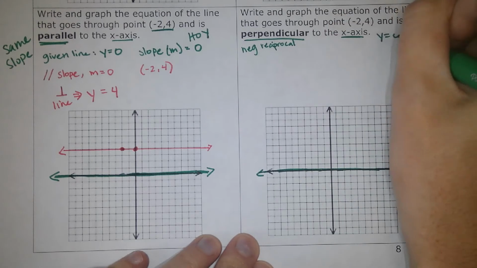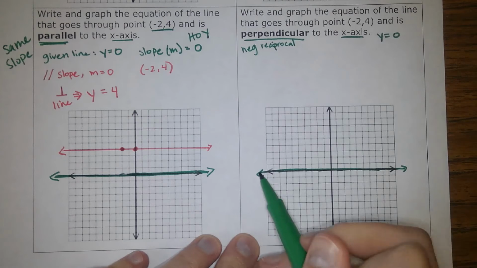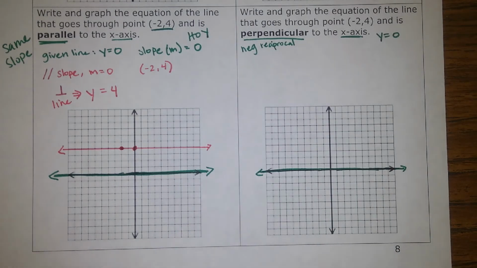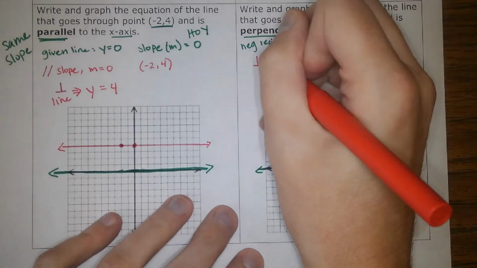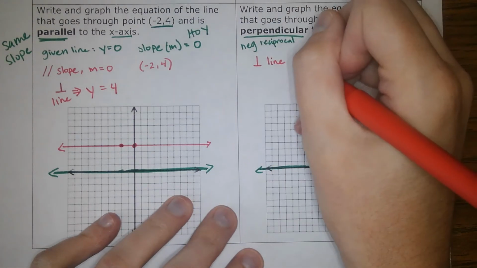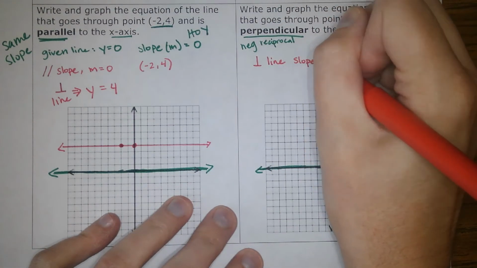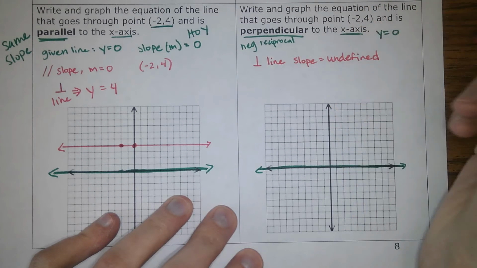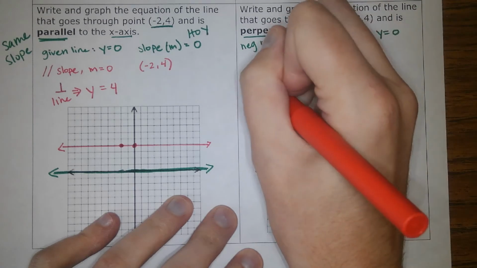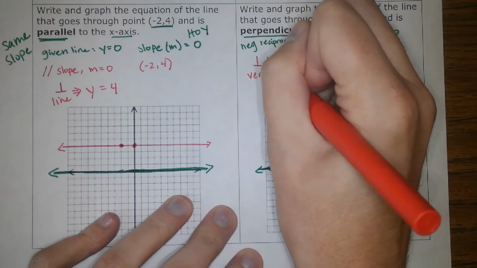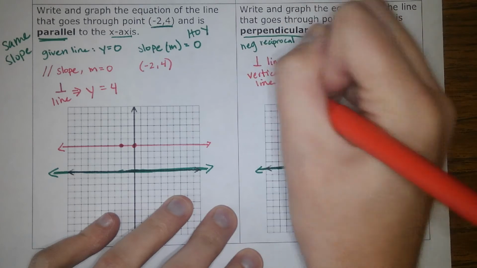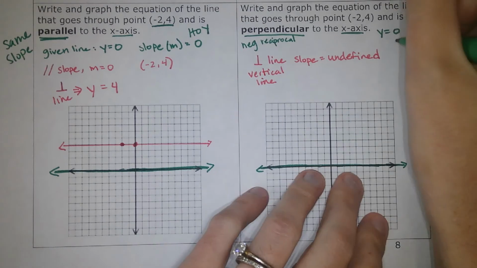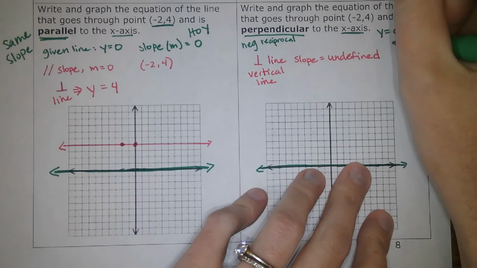So this line is horizontal. Our new line, our perpendicular line, is going to have a slope that is undefined because it is a vertical line. Okay, it's going to be the exact opposite, because I want you to think about this. If our original slope, our original given slope